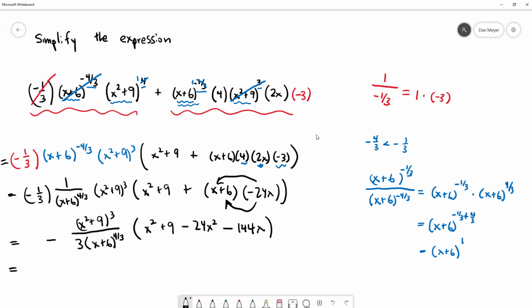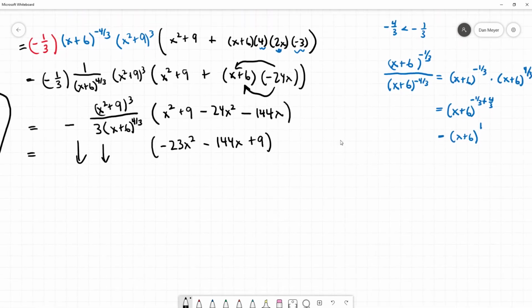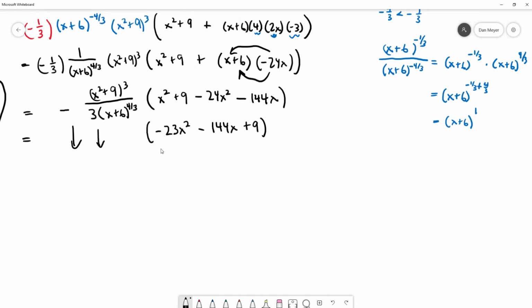All right. Still simplifying inside the parentheses: negative 23x squared minus 144x plus 9. And then I'm going to go ahead and factor out a minus sign from this. It's going to cancel with the minus sign that's sitting out front here. And then I'm just left with x squared plus 9 cubed